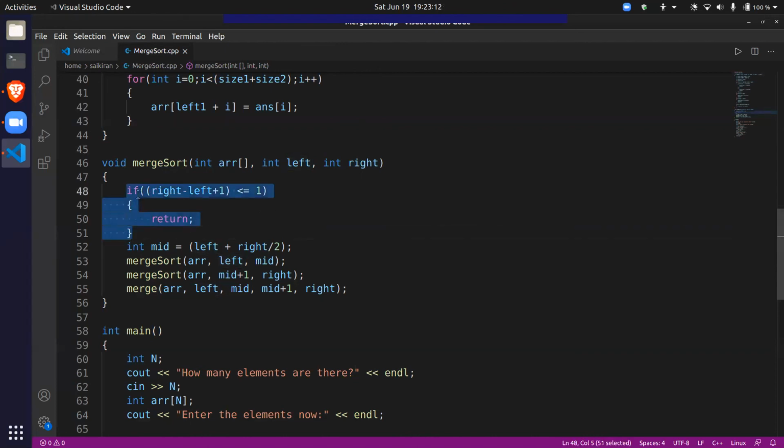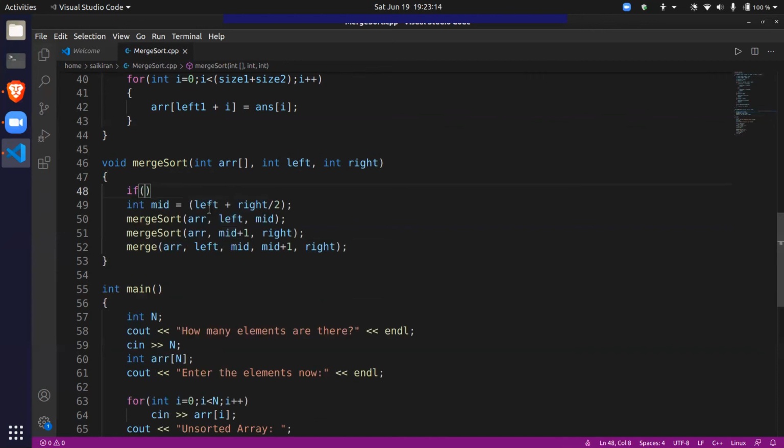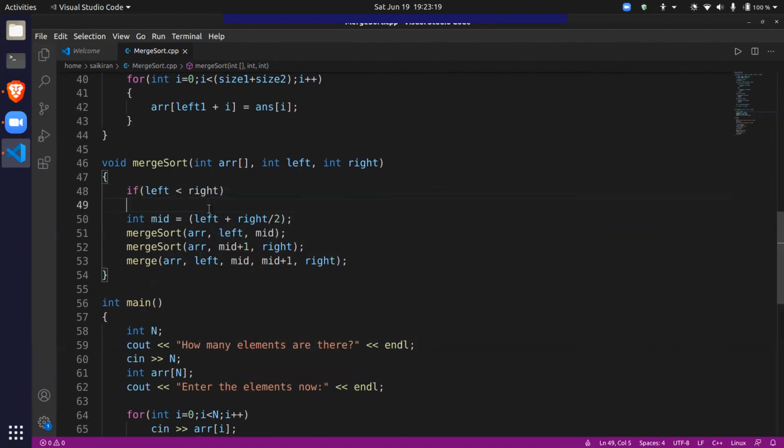Okay, let's change this condition. Let's say if left less than right, even this works.